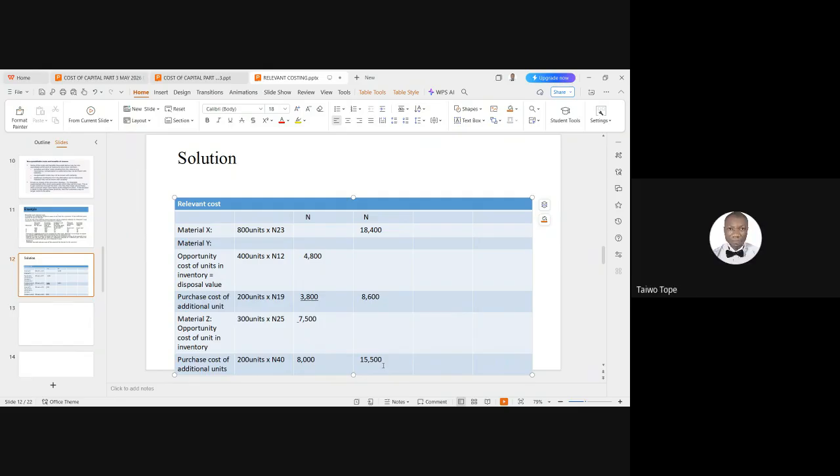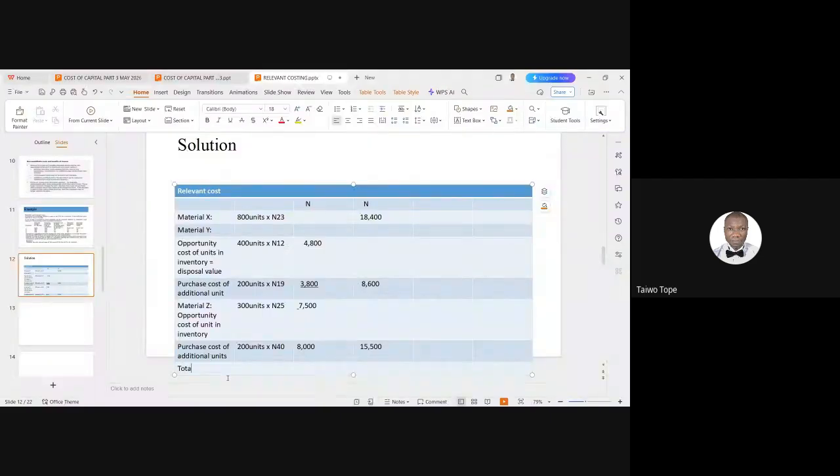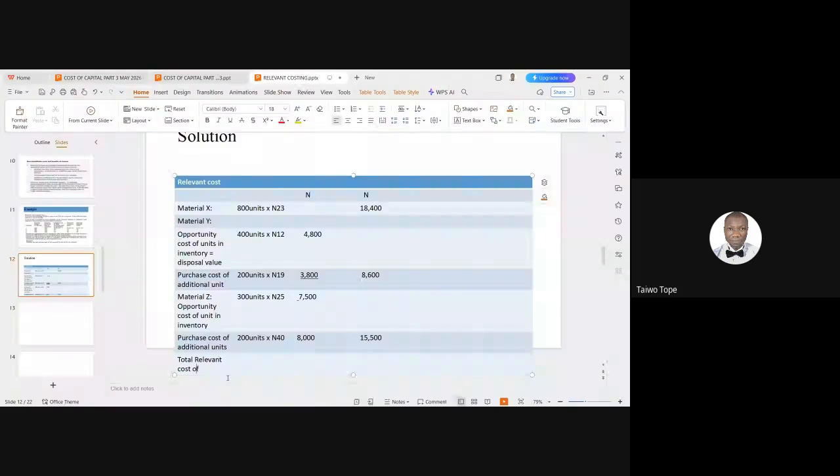So your total relevant cost of material will now be what? You add everything. Total relevant cost of material is 42,500 naira. So the essence of this relevant cost is for you to know